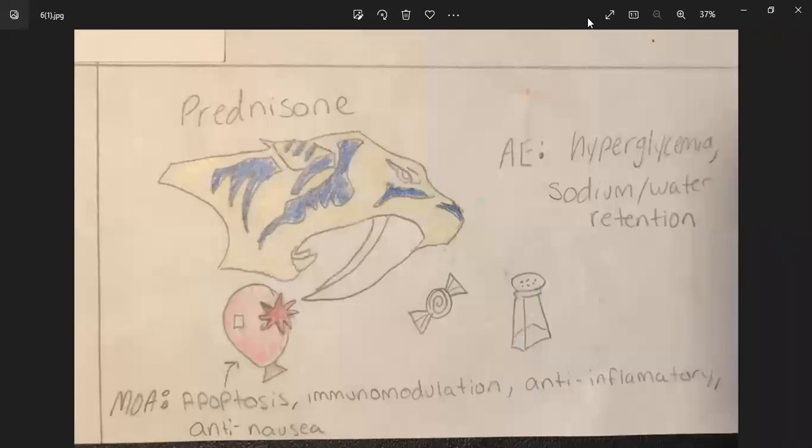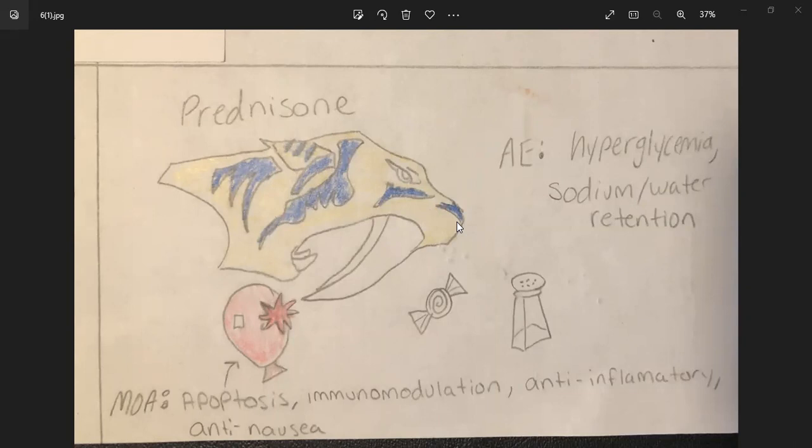So prednisone, we've covered it before, but it comes into play again as a helpful drug for MS. These corticosteroids are used for exacerbations of MS. You can also, in addition to prednisone, use methylprednisolone. So we have a predator for prednisone, and this is anti-inflammatory. It's going to reduce